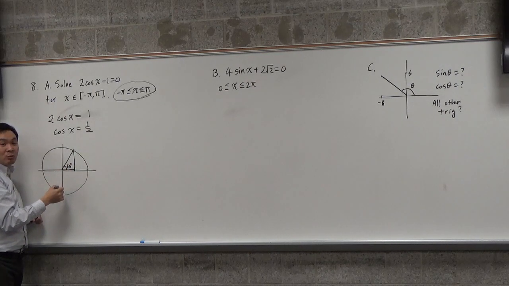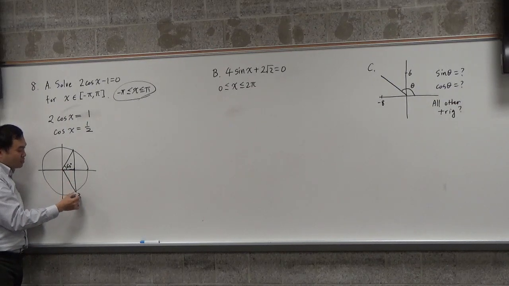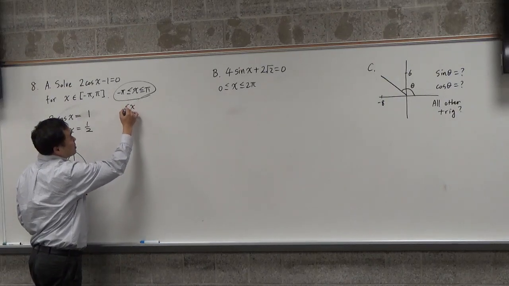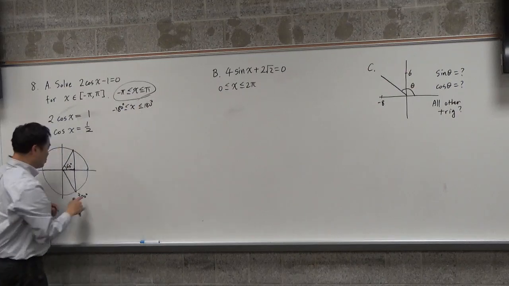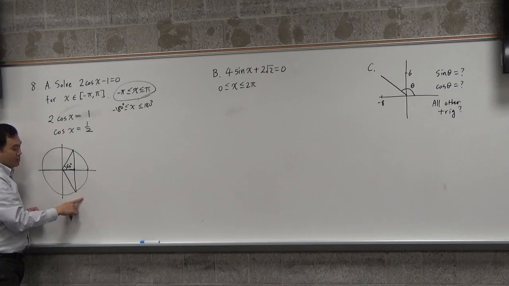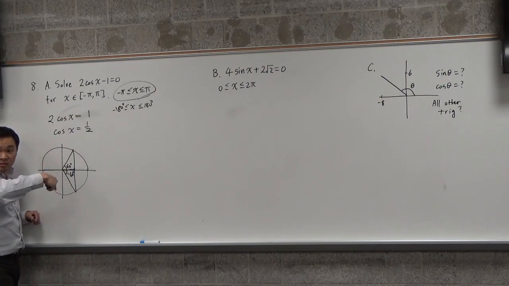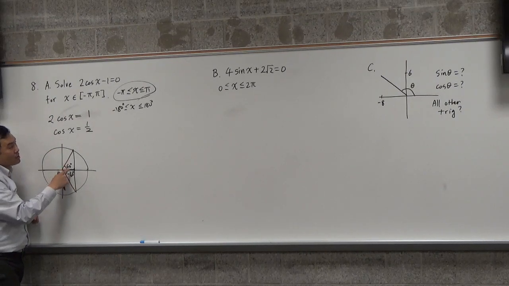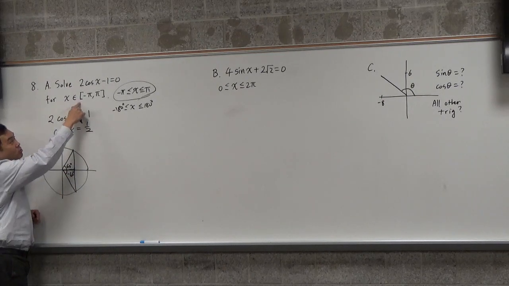But then there's another one. Which one? 300. The one that goes down, right? Which is 300 degrees. Except that your x has to be between negative 180 degrees and positive 180 degrees. So you can't talk about this as 300 degrees. What is it? It's negative 60 degrees. Right? You're going this way by 60 degrees. It's the same 60 degrees, but you're going that way. So I know that the x should be 60 degrees and negative 60 degrees, except that because your interval is